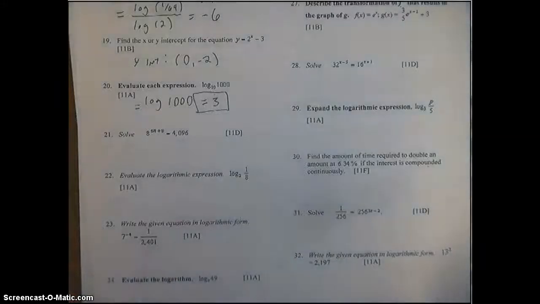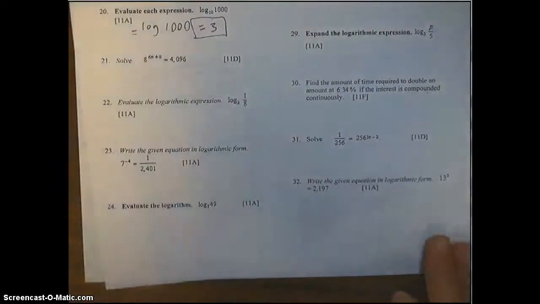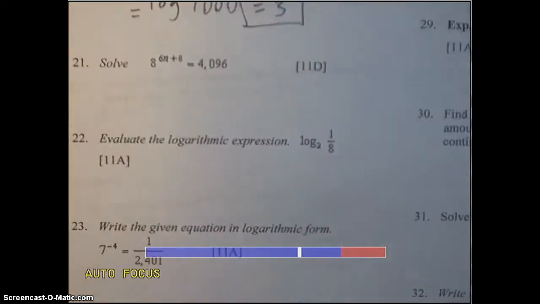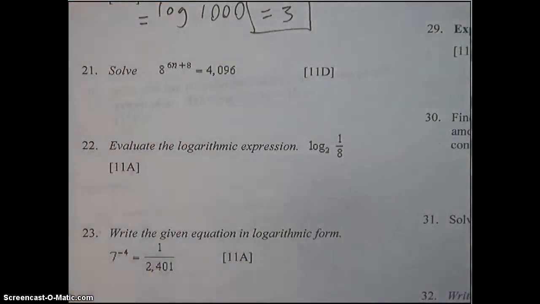All right, I'm going to continue solving this review, starting with question number 21, and we'll see how far we get. I'm going to try and make it through number 30 here. Number 21 says solve 8 to the power of 6n plus 8 equals